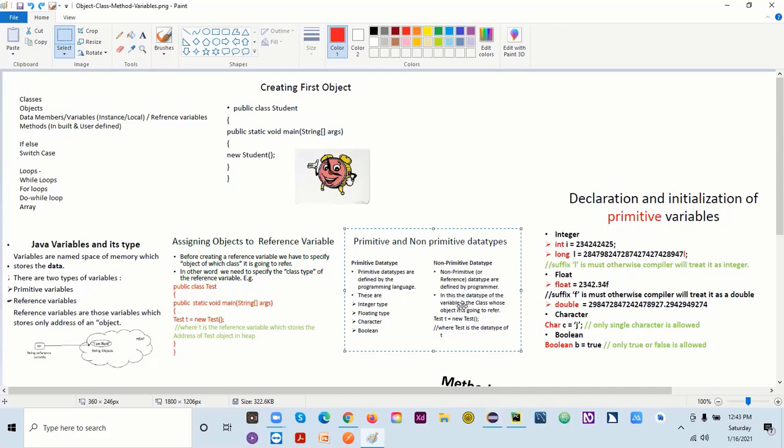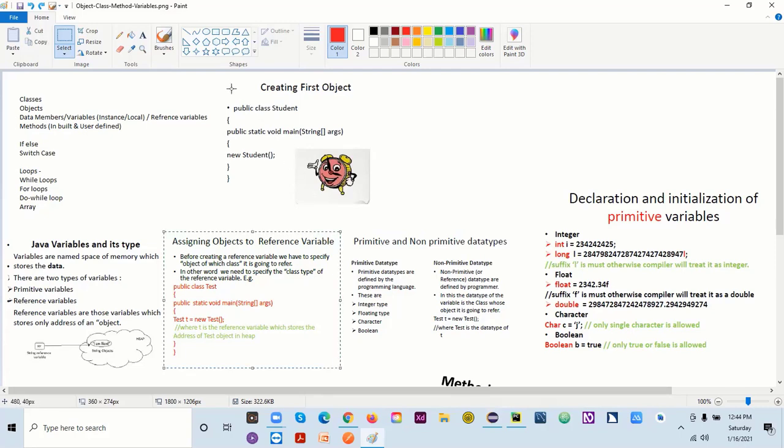The data type of the variable is the class whose object it is going to refer to. Let's say here, test is my class name. I can use T, R, V, W, S, I can give anything there. And I will create the object using the new keyword, and then give the class name again. That's it, so this is my non-primitive. Non-primitive and primitive are clear now, and we have also created an object, and I think this part is clear too. There should not be any issue, I guess.